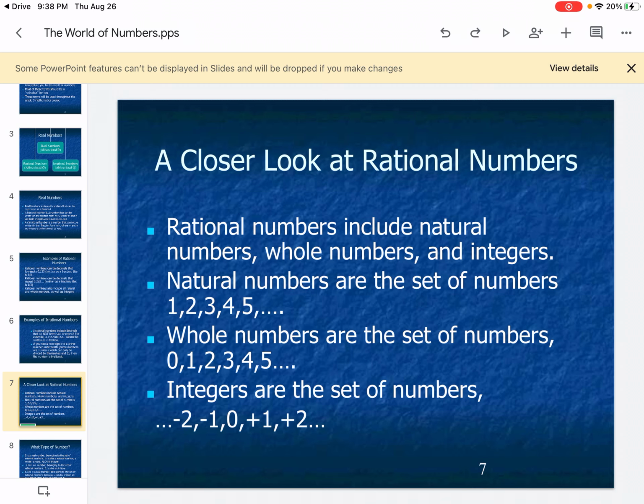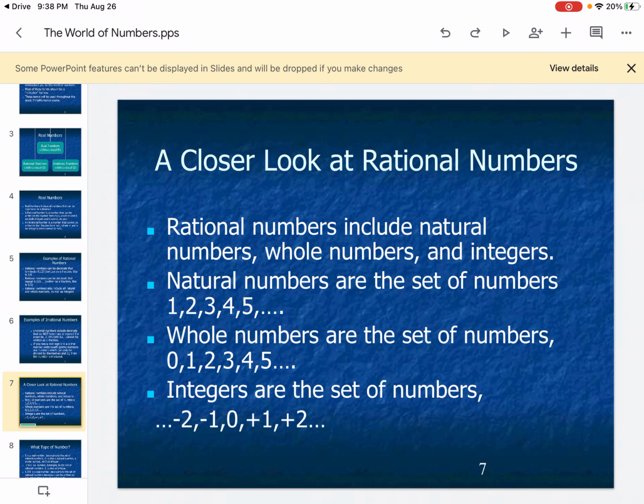Integers, I know you've done this before. Integers are all the natural numbers, all the whole numbers, and also the negative numbers. So integers include the negative numbers, okay? In layman's terms, in normal speak, they are whole numbers that can be positive or negative, okay? So they are not parts of